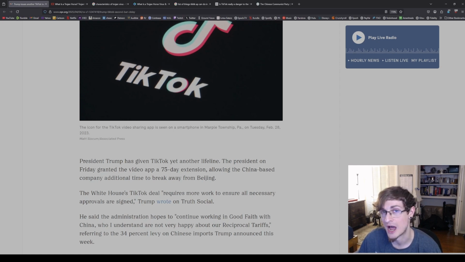Maybe they could sell it off if that's a possibility. It doesn't seem like that might be a possibility, especially with the tariffs. But that being said, personally speaking, I think that it is a Trojan horse. I think that it's a psyop specifically used on a large swath of our population to inseminate information that's generally incorrect.